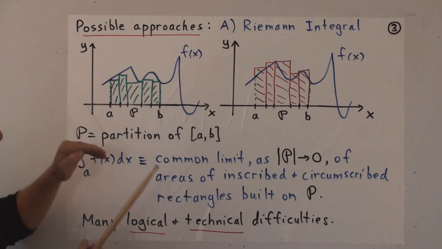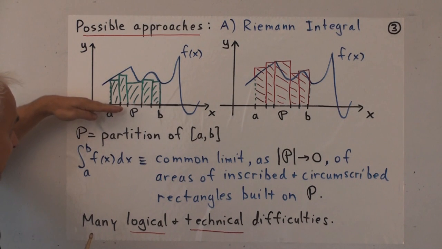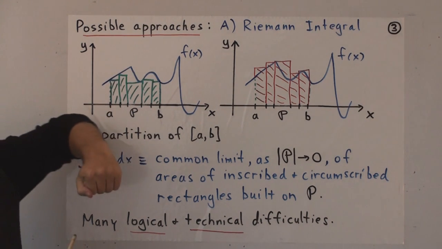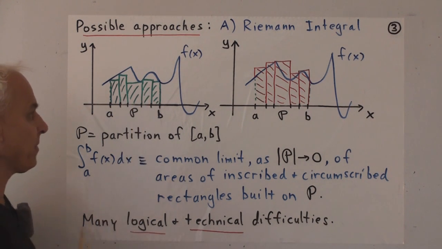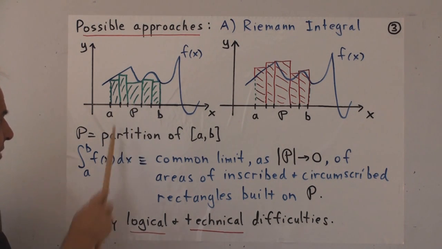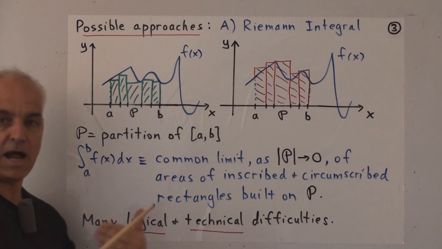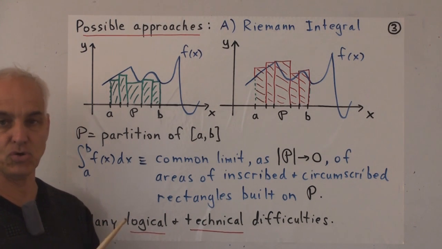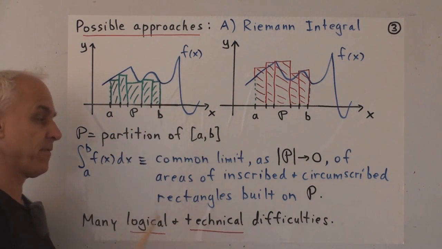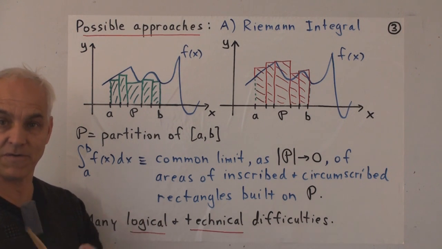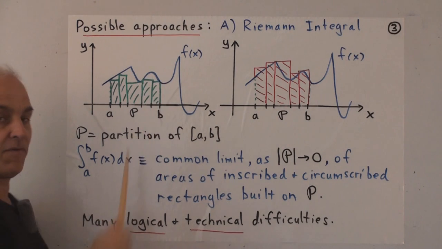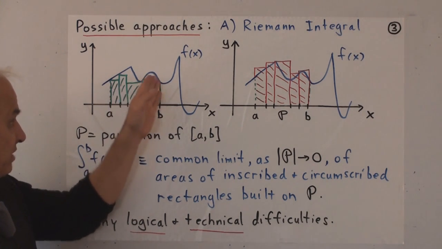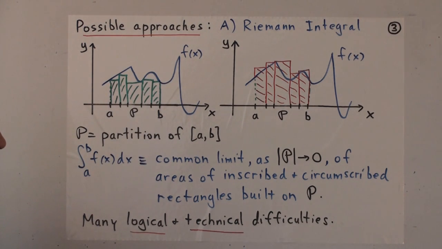We make the largest rectangles that we can that lie completely underneath the graph of the function. Okay, that's these green rectangles here. And then the sum of these areas is some kind of approximation to the area under the graph. But it falls short of the area because it's obviously going to be less than the area under the function, at least if the function is positive like we're showing it here.